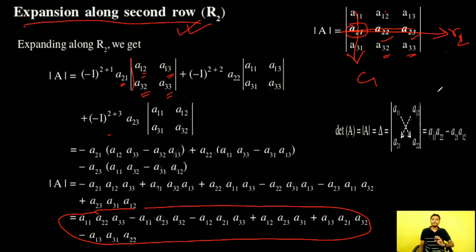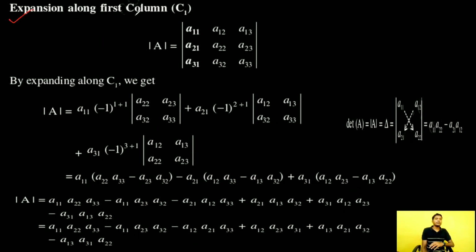Okay. Now we can expand this determinant along the first column. This is our first column, column number 1. For the first column, our first element is a11. So the determinant of this is equal to a11 multiplied by minus 1 to the power 1 plus 1. Here the first one is the row number, the second one is the column number, and the remaining determinant of order 2 will be, if we leave the first column and first row, the remaining elements a22, a23 and a32 and a33.